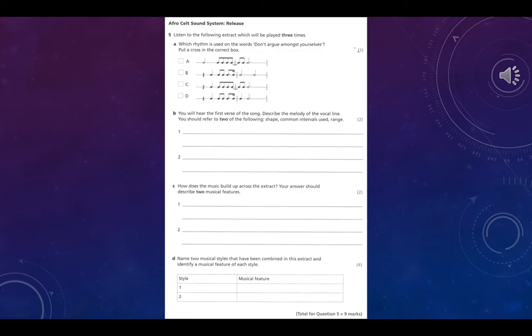Don't argue amongst yourselves, because of the loss of me. Don't think you can see me. Don't argue amongst yourselves, because